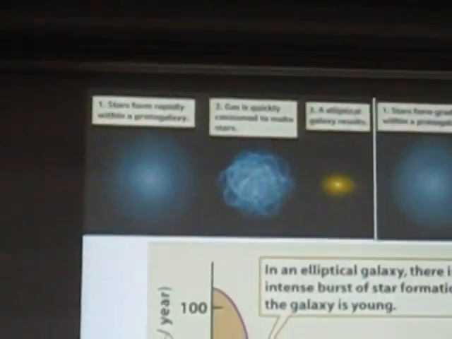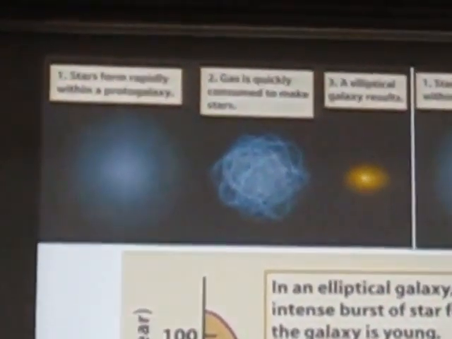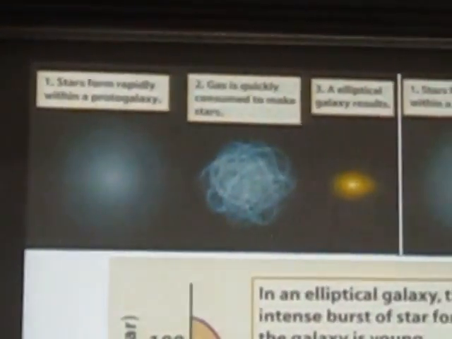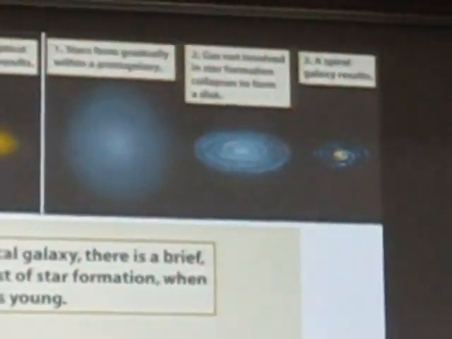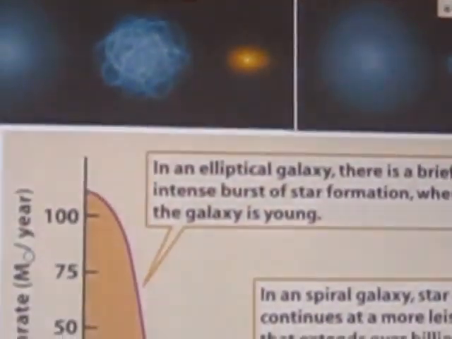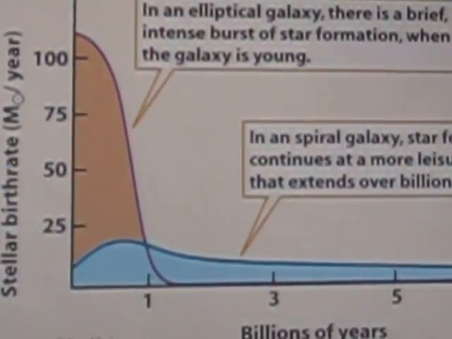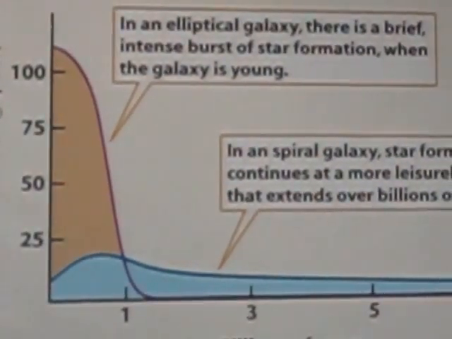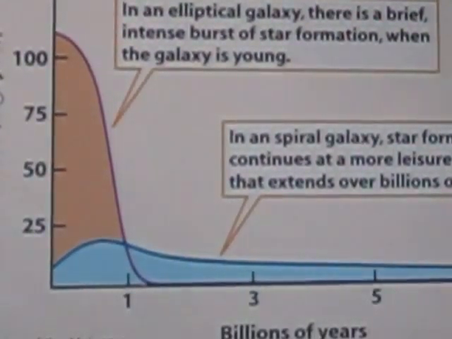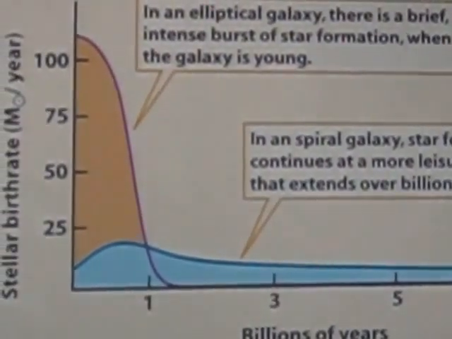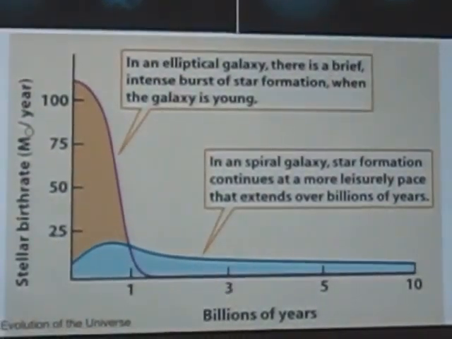In spiral galaxies, we tend to find very gas-rich objects over extended periods of time. The gas can be converted into stars. So we have continuous star formation across basically the entire lifetime of the universe, such as is happening still in our Milky Way. So rather different evolutionary histories in these two types of galaxies.